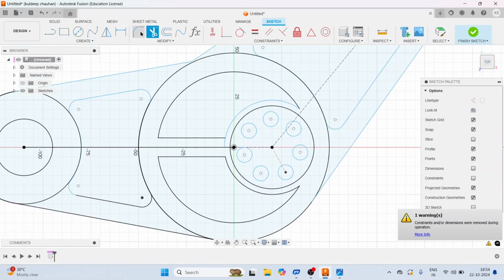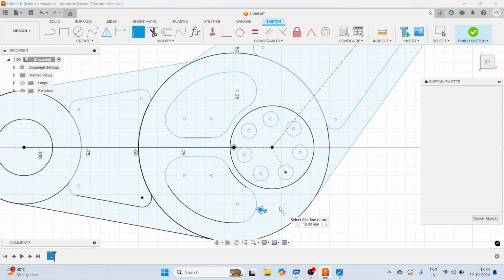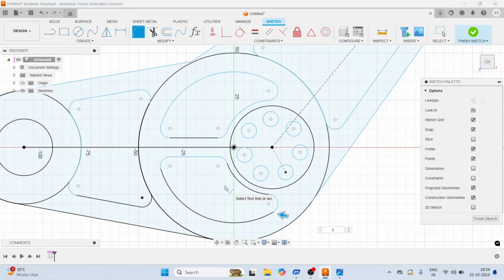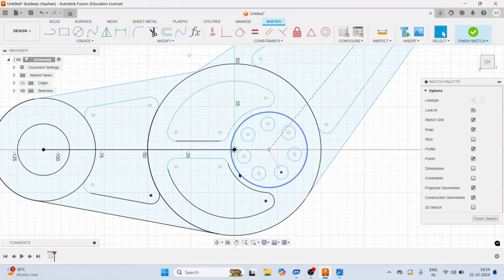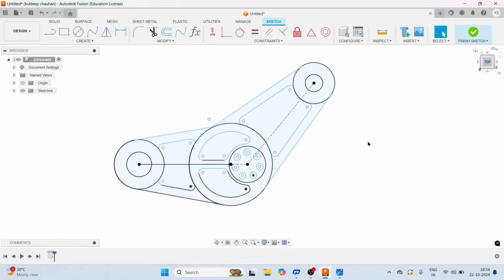Now we will give again a radius of 5 millimeter at the fillet point. We will give these two sides also and these two sides also a distance of 5 millimeter. So now our complete sketch is ready. We will finish our sketch.